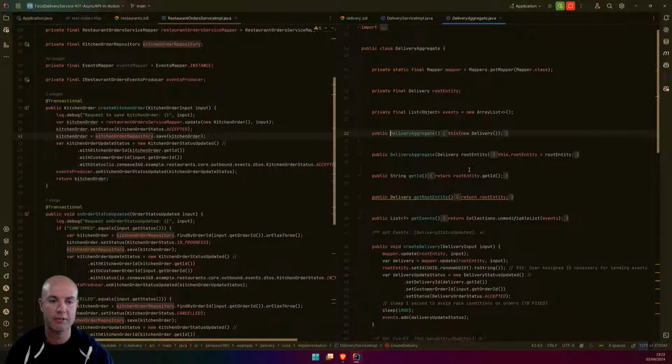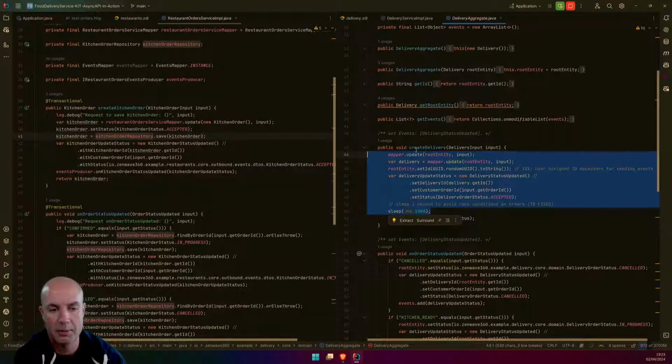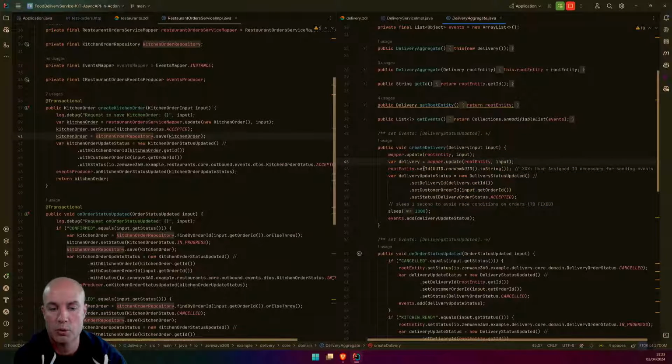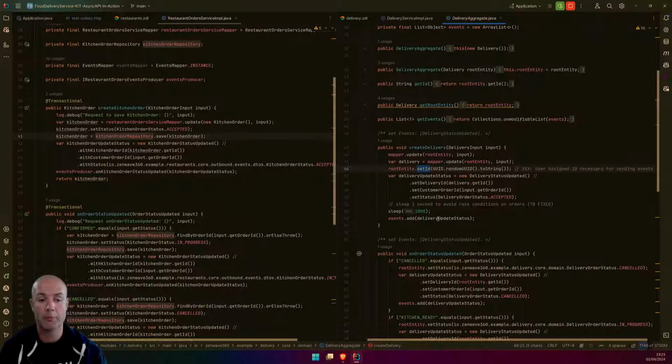If we go inside, for instance, this is how we create a delivery. For instance, we need to set the entity ID, the aggregate ID, on the client side. We cannot delegate this to the database. Why? Because if we are publishing domain events here inside the aggregate, we need to have the ID of this entity.